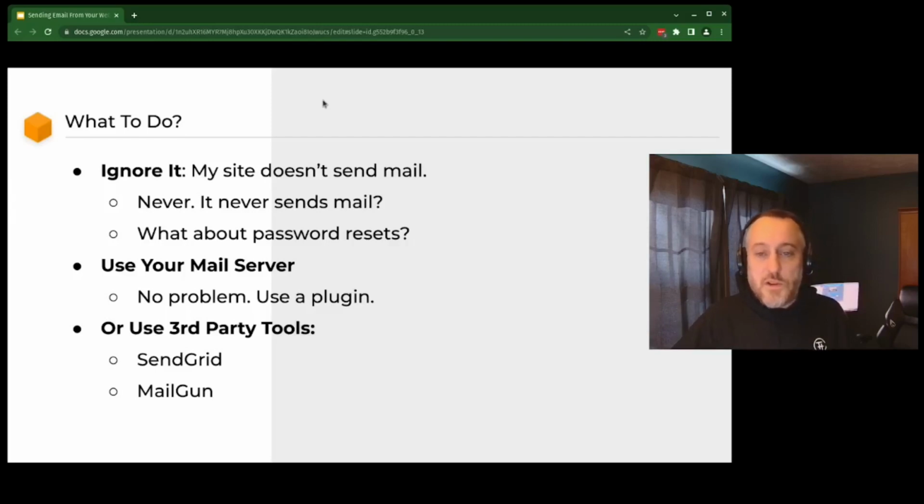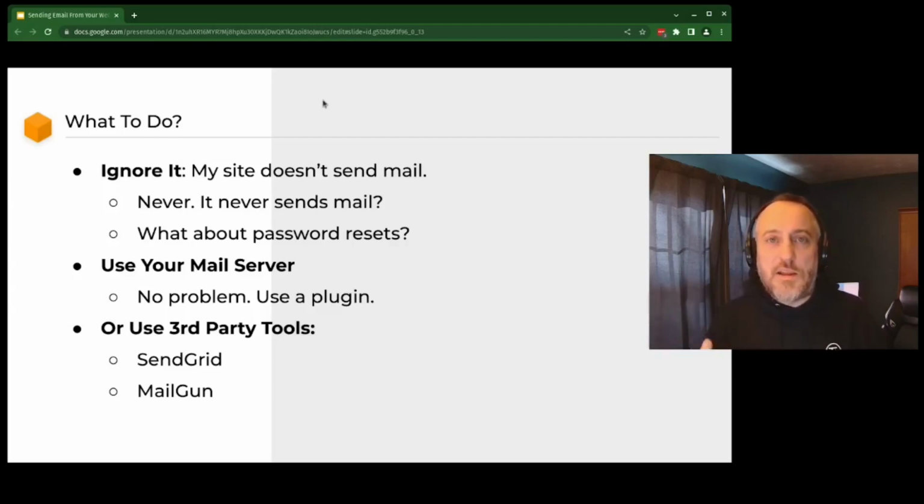You can't ignore this because some people say, well, I don't even have a contact form on the website, so I don't need the solution, Aaron. No, and I'll say, well, what about password resets? That's the only thing that comes in real handy if someone has forgotten their password.